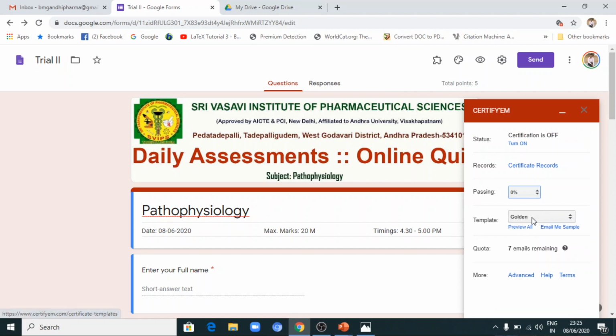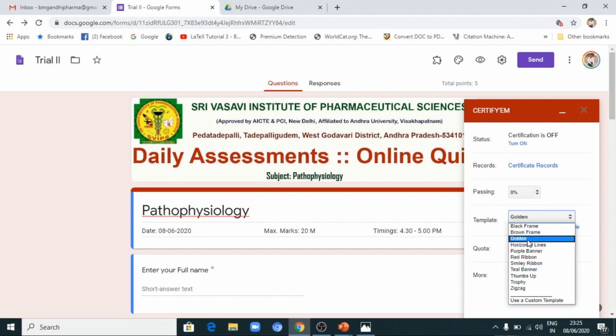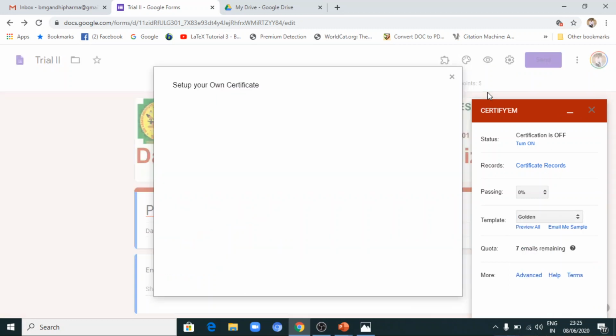So by default, these are the certificates which are available. But if you don't want those, and you want to create your own certificates, for this purpose you can go to use a custom template. So click that one. Then here you can see select a new file.